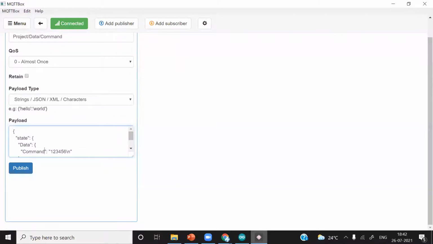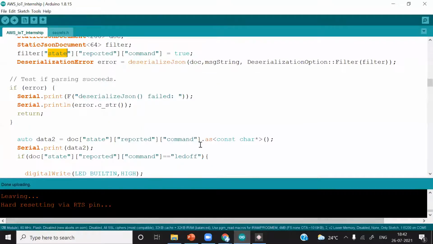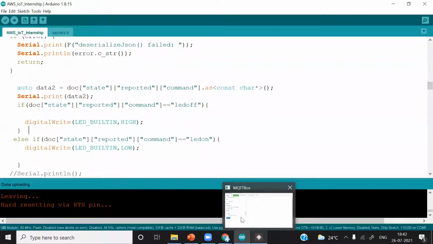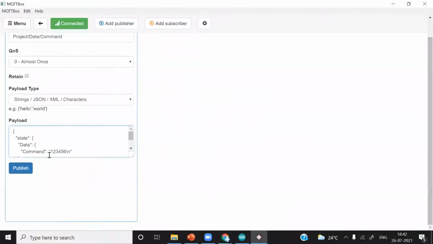And we are checking for which condition, for this string. We are comparing this string. So we must send either of these strings, LED off or LED on. So first, by default, it is LED on. So what I will do, I will make it off. Instead of this, make LED off. So we are sending this data.